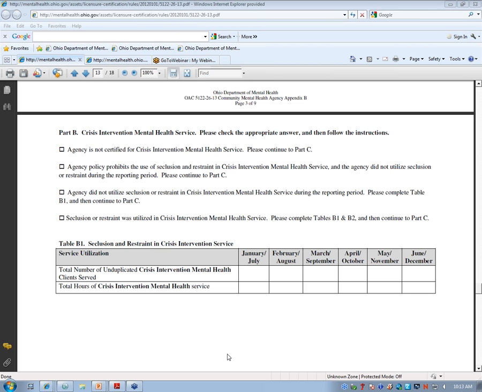Trying to find my, actually I may be able to find it, the major differences